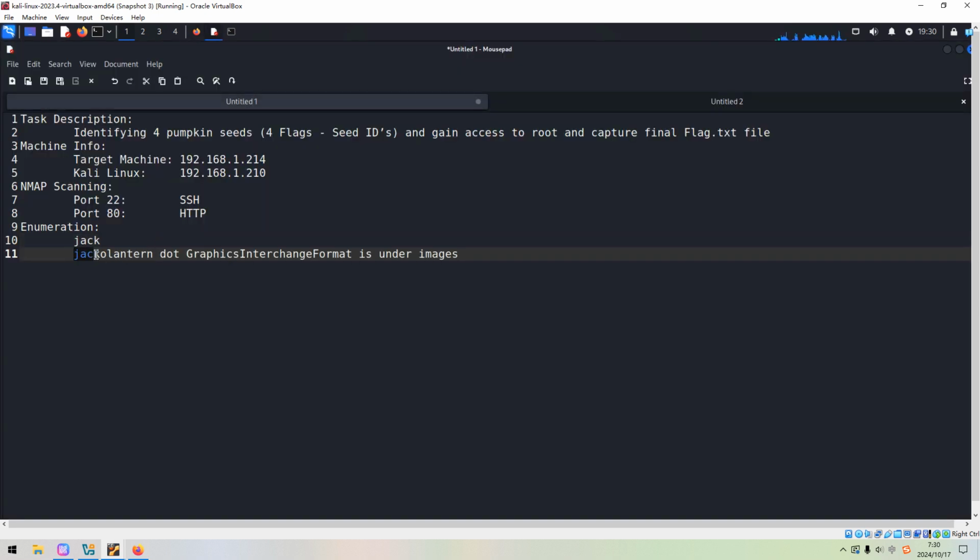This looks like the jack-o-lantern dot GIF is under images. I think this means the extension, right? GIF, and they should be under the directory of images. So later we can check that out.